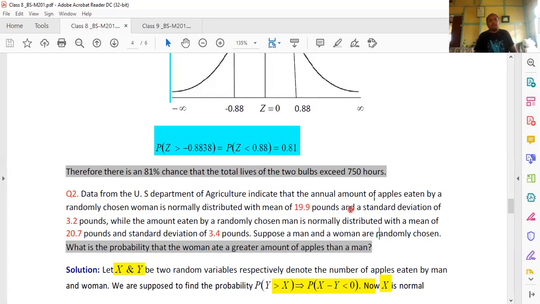Now, don't laugh at the problem, because here the problem is actually considering the apple eating situation between men and women. None of the situations in probability theory are actually laughable, in the sense that they always are connected directly to a practical situation. Suppose we are actually supposed to find the probability that the woman ate a greater amount of apples than a man. Suppose we are interested in finding the cure of a certain disease where it has been observed that the